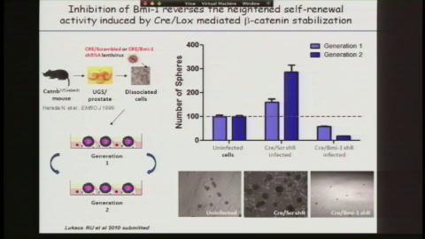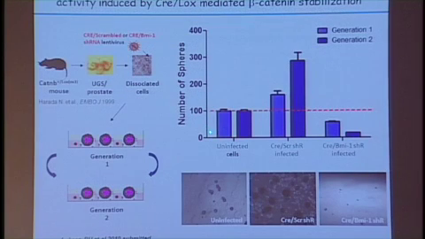And so we used the second mechanism to enhance self-renewal, which is a Cre-lox-mediated deletion, which would stabilize beta-catenin, one of the other important players in the Notch pathway. And what happens is quite interesting. If you delete and make that deleted form of beta-catenin, you enhance the ability to form these spheres. But if you doubly infect them and now block BMI1, even in the face of augmented levels of beta-catenin, activated beta-catenin, you can suppress the self-renewal activity.